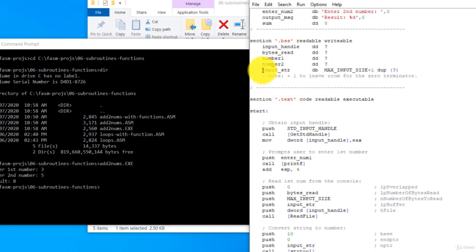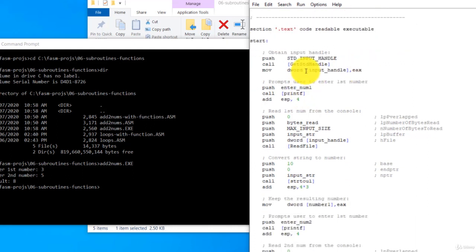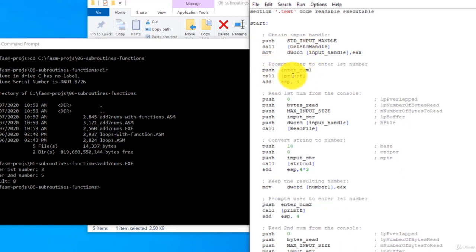Input string is the string that is being read. For example, 3, it will be stored in input string first before it is converted to a number and stored in number 1. And input string also stores the second number as a string before it is converted into a number and stored in number 2. When the program starts, it will ask the user to enter a number by printing the prompt